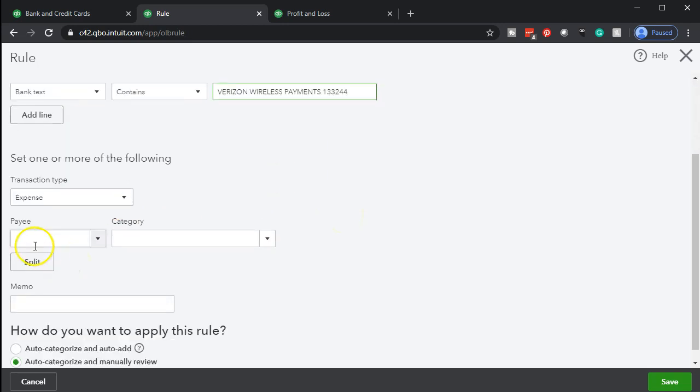And then down below, we could, again, break out different vendors based on these different rules, these different locations. So I could put that as a vendor, or we can just keep the vendor as just Verizon. It kind of depends how you want the vendor reports to be set up, right? When I look at the vendor reports and the payments by vendor, do I want them broken out by region? Or would I rather just see all payments that are going to that particular vendor? And if I want it broken out by region, I can create a new vendor based on the region that I'm in. So then we have the category, and the category is going to be telephone,